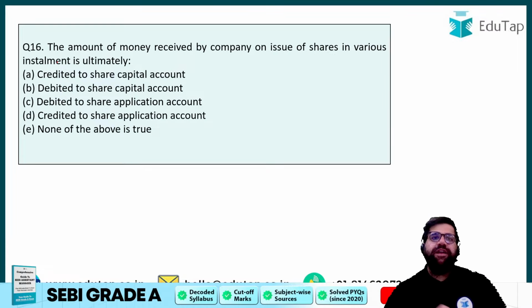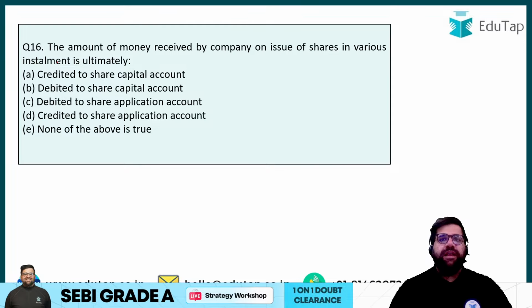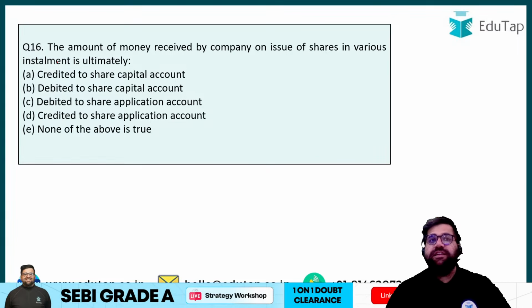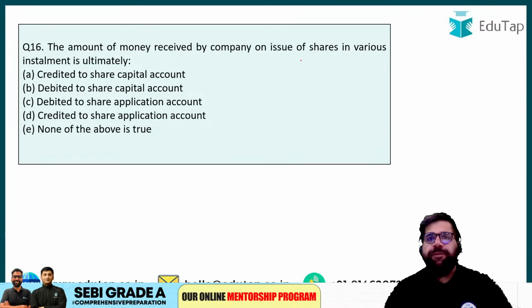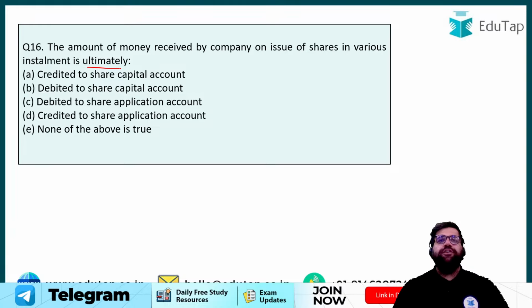Now we are moving ahead to question number 16. So ratio is finished up. Now we are moving ahead to other chapters. The amount of money received by the company on the issue of shares in multiple installments is ultimately credited to what? If you see the journal entries for your share application, share allotment, share call, share second call, it will ultimately lead to creation of your share capital account. So the answer over here will be option A,